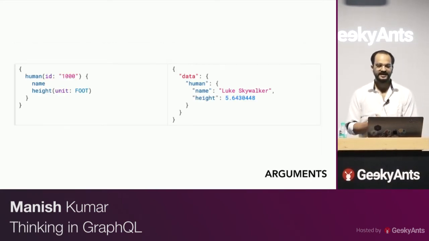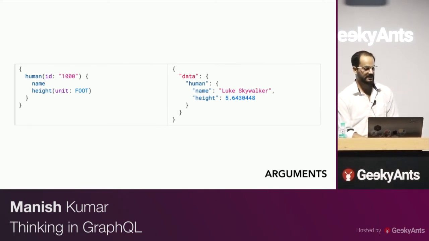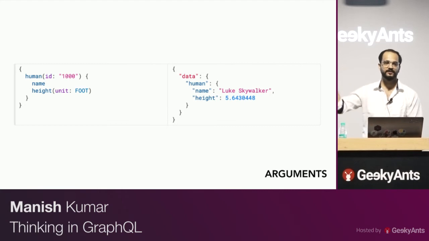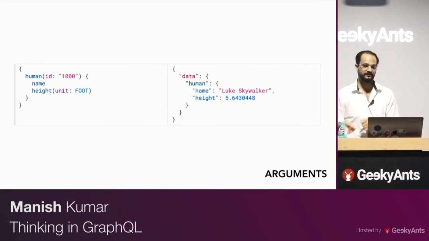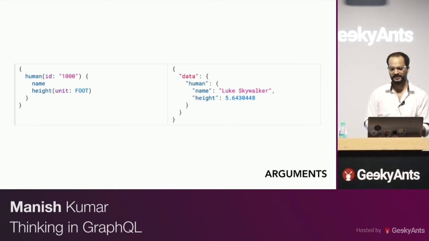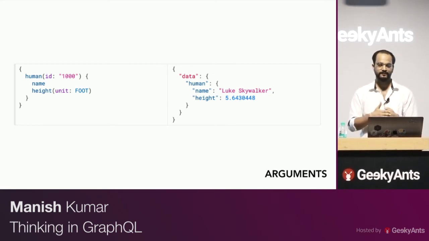And these IDs can also be provided to each field. So these arguments are not specific to one particular top level query name. You can pass it to, like you're seeing here, you can pass it to height as well. So these arguments can be passed to anything. Now it's up to the server how it understands that, and we'll see on the server side how it understands these things and what you can do with these. But this is a way of passing some data dynamically to your API.